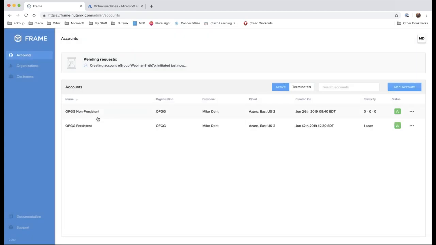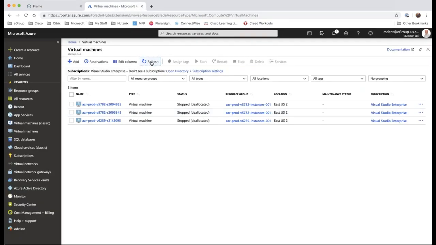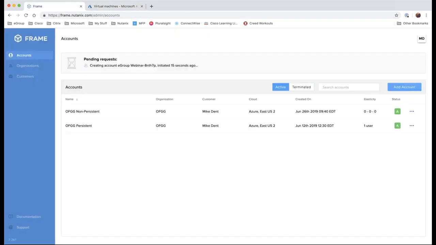Once I do that, we'll see that it creates the account in the screen. And what we'll see here in a second, we'll see additions start to pop up at my Azure level. So this takes a couple seconds to actually kick in. What we're doing here again is provisioning that pool, provisioning the accounts needed in Frame, and at the same time, it's going to start the integration with Azure. It will be automatically reaching out to Azure, creating the VNets for me automatically that I assign. So